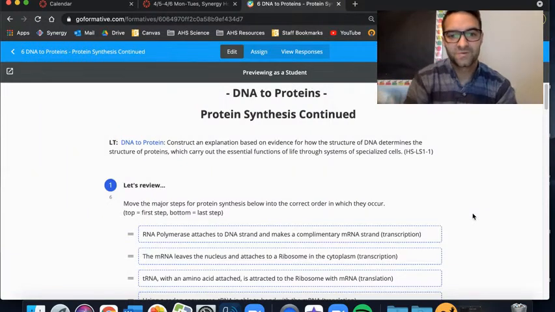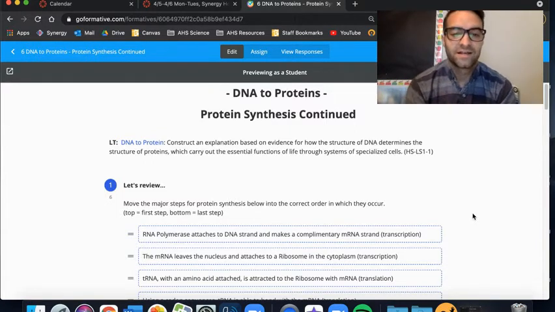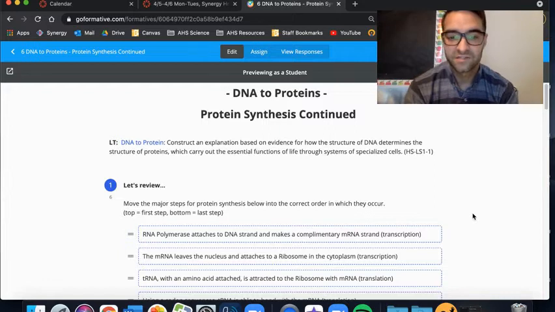Welcome to biology. We're continuing with our conversation around DNA and how DNA will begin to form and code for proteins. You might recall from our learning target I have here at the top, it is called DNA to protein. Construct an explanation based on evidence for how the structure of DNA determines the structure of proteins, which of course we know can carry out essential functions of life